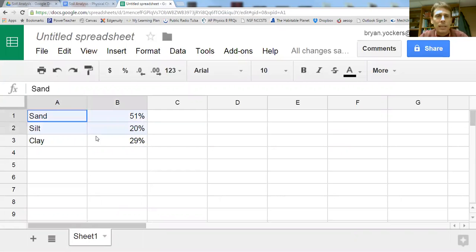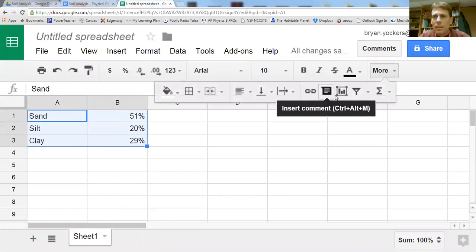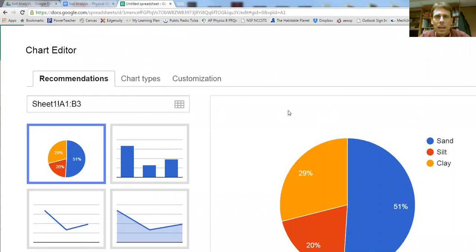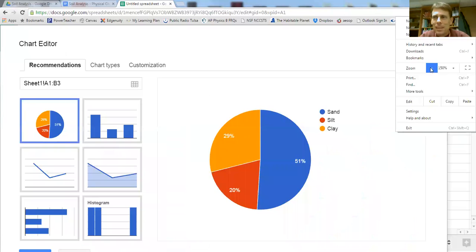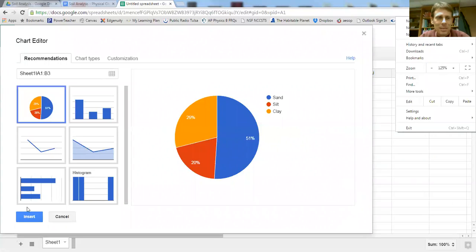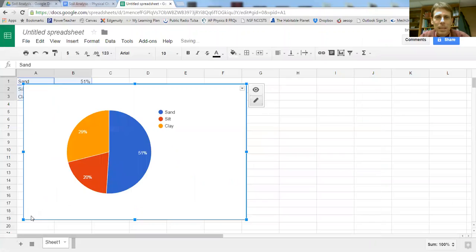Okay, if I highlight those cells and then go over and select the insert chart, it'll take that information and create a chart for me. So I click that, and there we go. We see that we have a nice little chart, and that's too large, so I need to reduce this down a little bit. Okay, so that wasn't working the way I was hoping. So I'm going to insert that into my